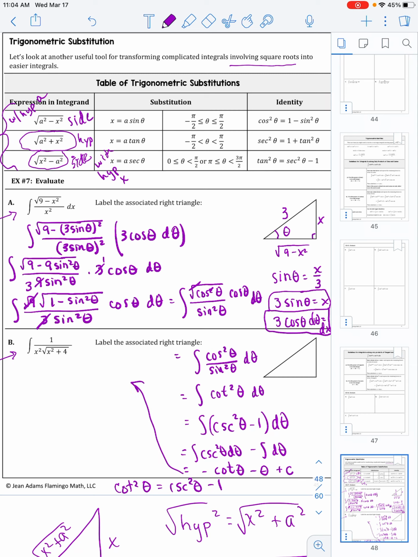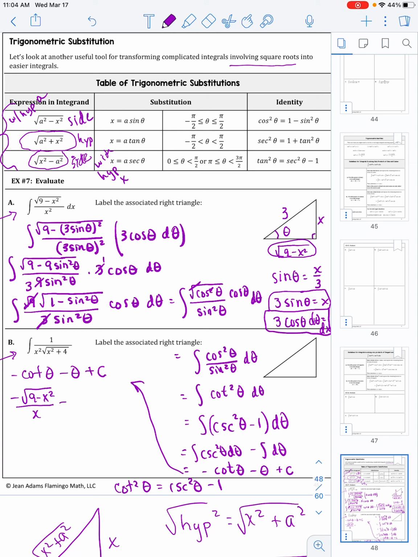So my negative cotangent theta minus theta plus c, I'm going to go back to my triangle here. Cotangent of theta is this square root of 9 minus x squared, divided by x. So negative square root of 9 minus x squared divided by x, that's negative cotangent theta, minus,